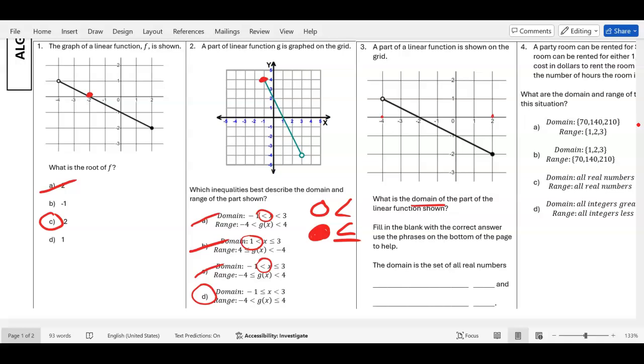So if you have your notes from Thursday, Friday, and if you remember what we did, we always start off with the phrase "all real numbers." So that's already there, all real numbers. And we always start with greater than, okay? We're trying to find what the bottom is, so we can say that the domain is all real numbers greater than,